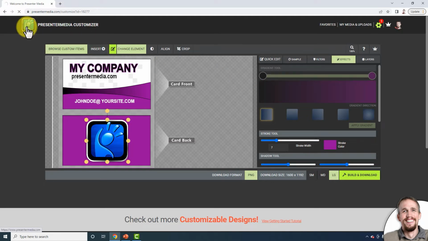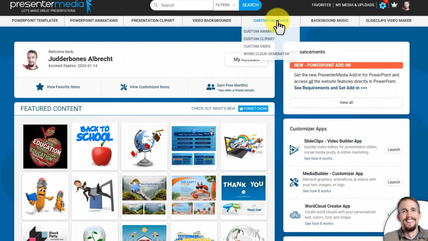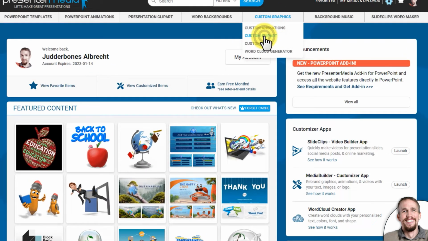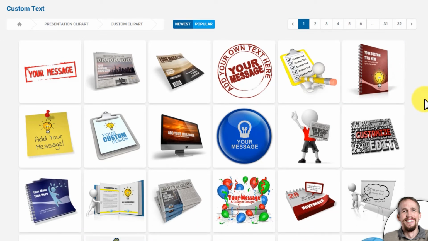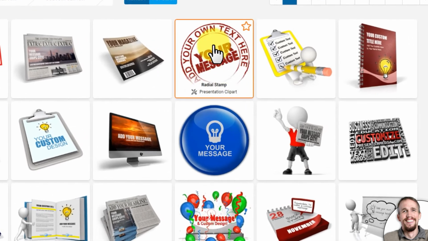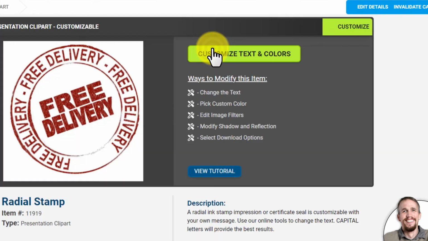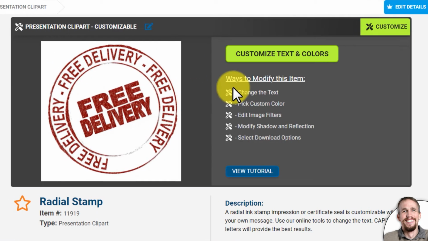I'm going to go back to custom graphics and go back to clip art, custom clip art. And I'm going to choose this item right here. So there's the customizable clip art that we just did, where you can add your logo and change images and colors and all that good stuff. And there's also version 1 graphics. This is our first customizer where you could only change the text. If you click into it, it says custom text and colors,